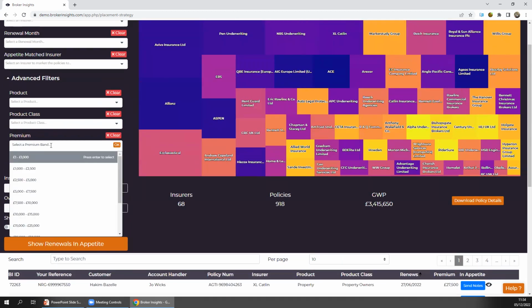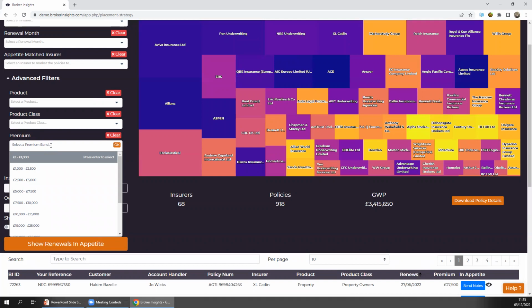The next one is premium. This is your premium band. Now, I know there's a lot of really good broking systems out there that have got some really good e-trade facilities. For example, Actress have a very powerful e-trade facility. Now, a lot of the e-trade commercial stuff is based on premium. So generally speaking, this isn't a rule, but anything below, I'd say, 10 or 15 grand, for example, you can generally place e-trade as long as it's not a niche category. If it's over that, then quite often it needs some more work putting into it.